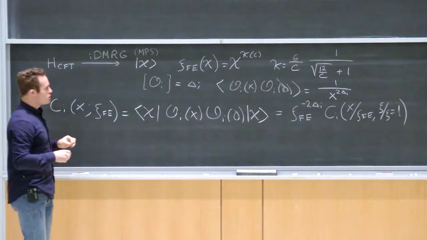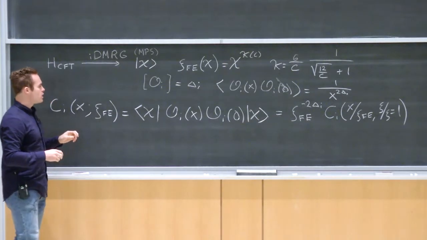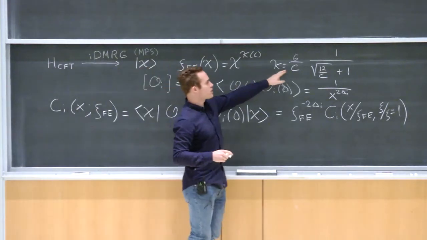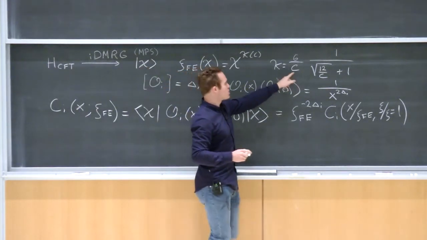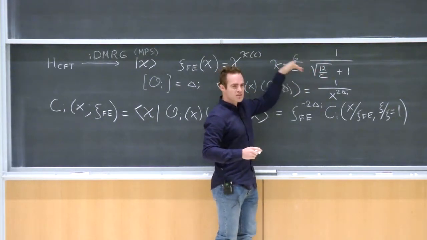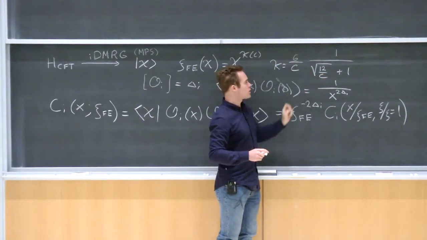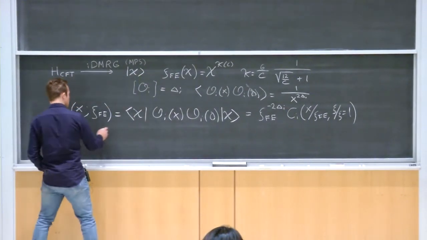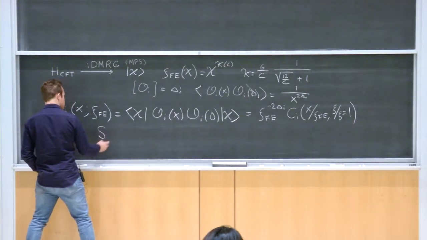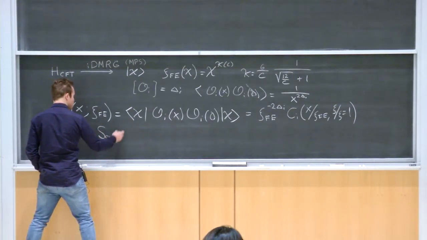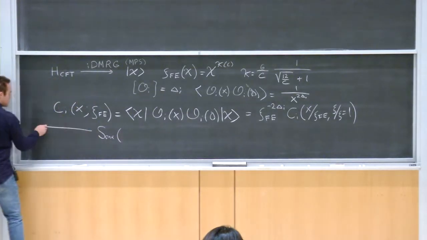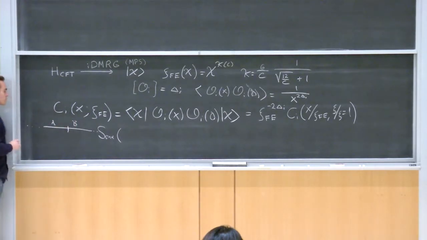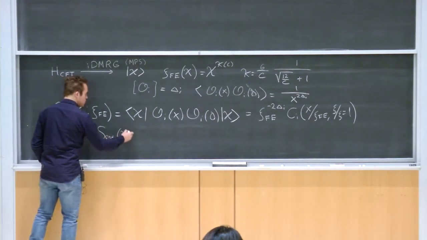Yeah, and I want to show you some data from Frank's paper. Here what they're doing is calculating, so one way you could try and get the central charge is by looking at this exponent. In practice, just because of the way this behaves, it's kind of flat as a function of c, and it's not a very easy way to extract the central charge. The easier way to do it is to measure the entanglement entropy for a cut of the system. It's infinitely long, and you just cut it into A and B, and you just measure the entanglement entropy